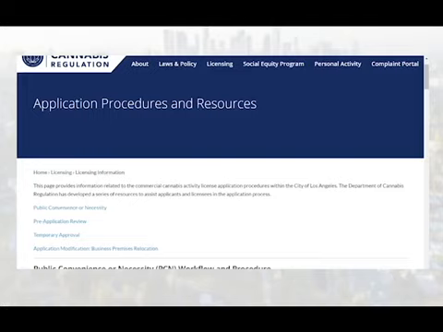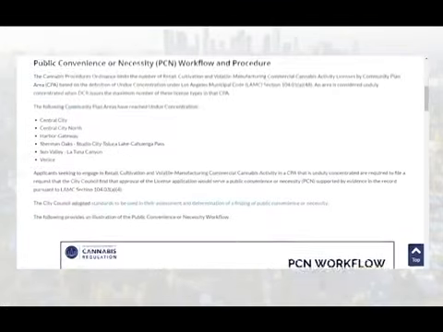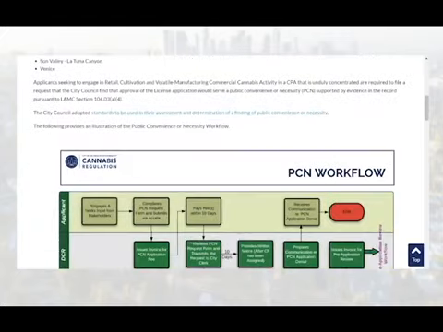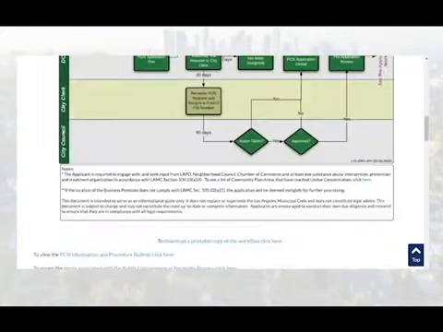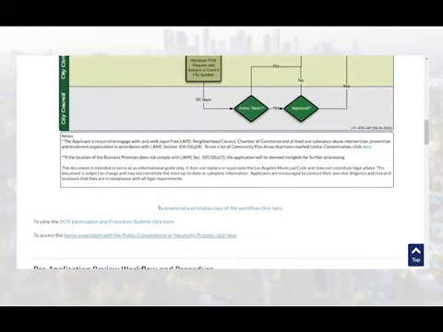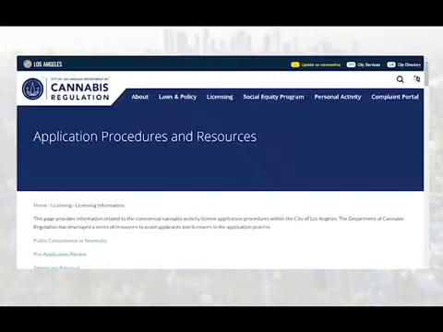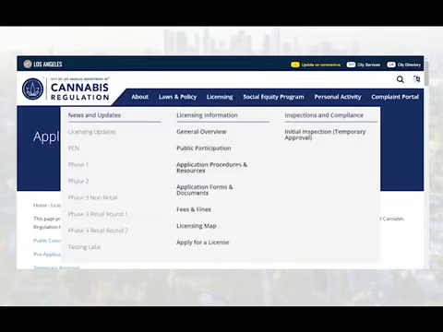The Application Procedures and Resources page also has links to forms associated with specific processes. Here in the PCN section of this page, applicants can find related forms. You can also locate forms and documents by visiting the Forms and Documents page, which I will preview now.